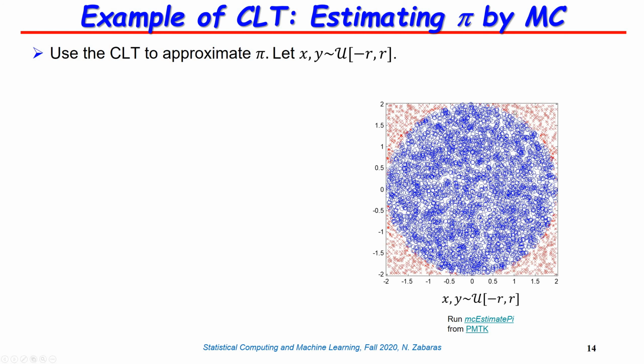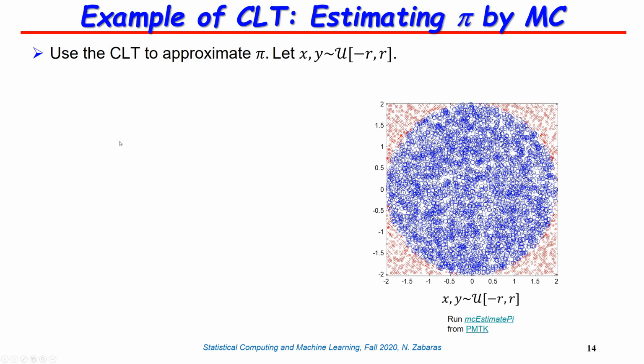So I want you to start thinking of an experiment that I'm going to do. I am going to take samples of x and y that are coming from this uniform distribution of this square, and I'm going to be counting effectively how many times the samples are inside the circle that has radius 2. And you may say, why am I going to do this, right? I'm going to explain in a second, but let's not forget that our problem is to get an approximation of pi.